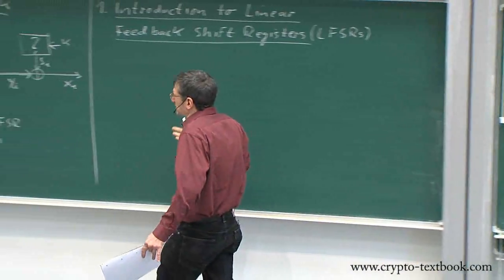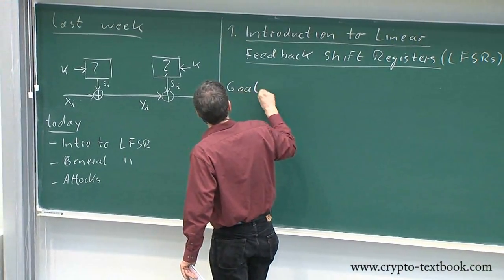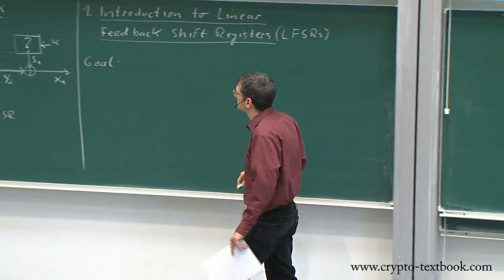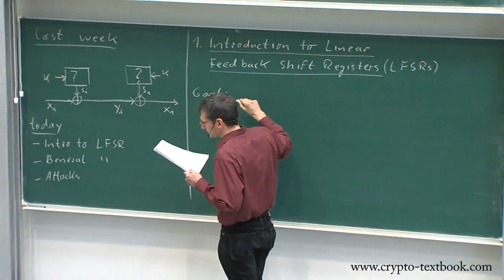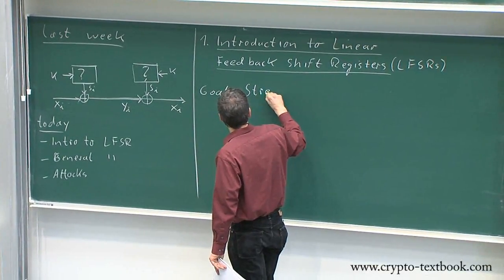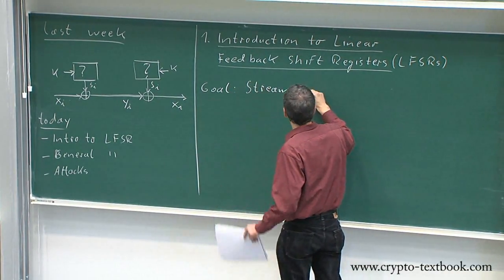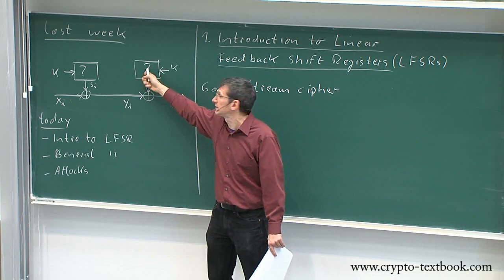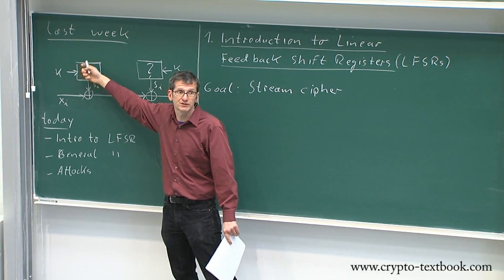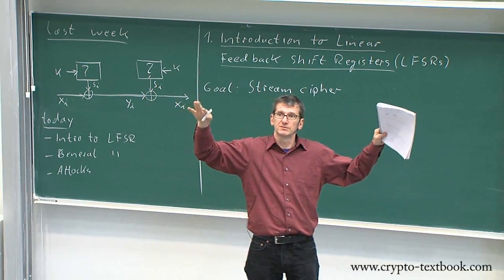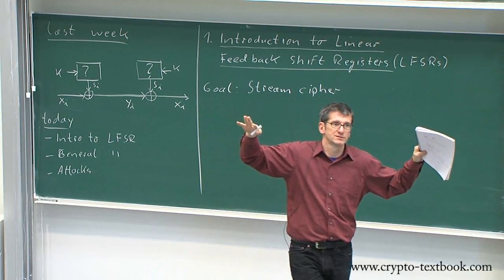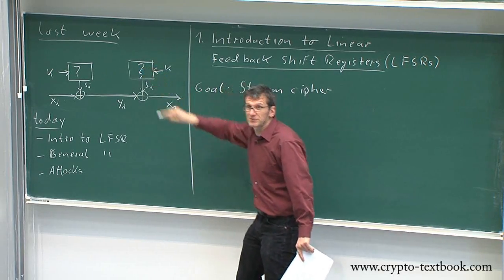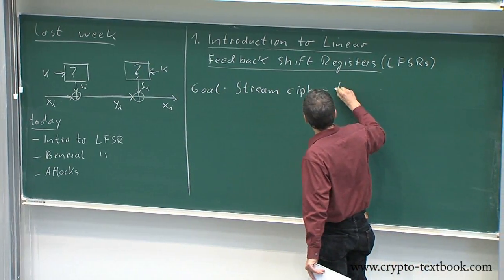So what is that? I'm not quite telling you what that is, but what we use it for. The motivation I want to give you first is the goal: a stream cipher. Again, we talk about stream ciphers, these boxes here with the question marks in them. So we want to have a construction for this. Can we tone down? Thank you. So building something that goes in here instead of the question mark, a stream cipher, that is